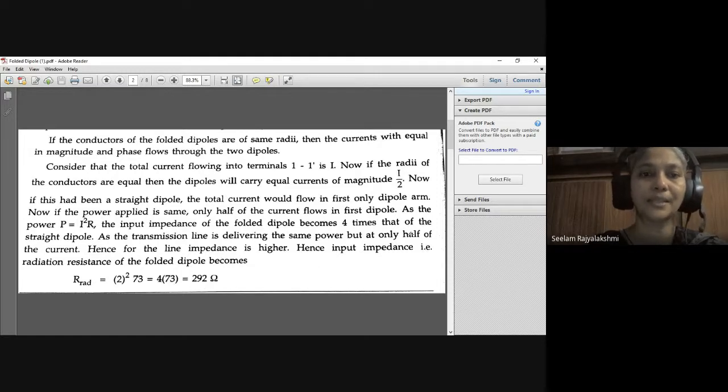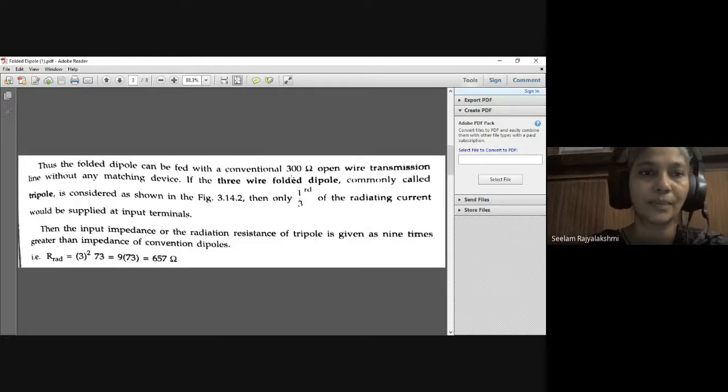Hence the input impedance, or we can say the radiation resistance, of the folded dipole becomes R_rad equals 2 squared. That means here we have considered two half-wave dipoles, so it is 2 squared. Here 73 ohms is the radiation resistance of the half-wave dipole. So 2 squared, that means 4 into 73, which equals 292 ohms, or nearly 300 ohms. So the folded dipole can be fed with a conventional 300 ohm open wire transmission line